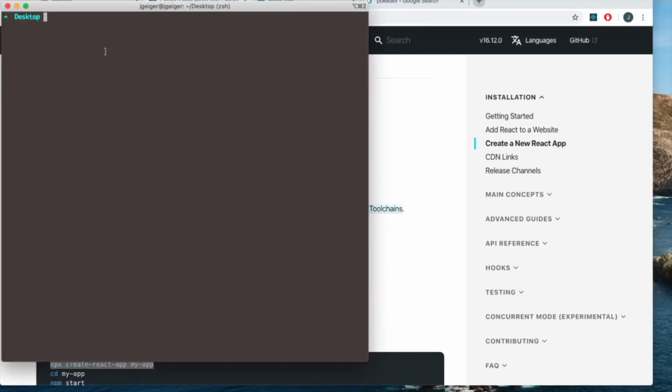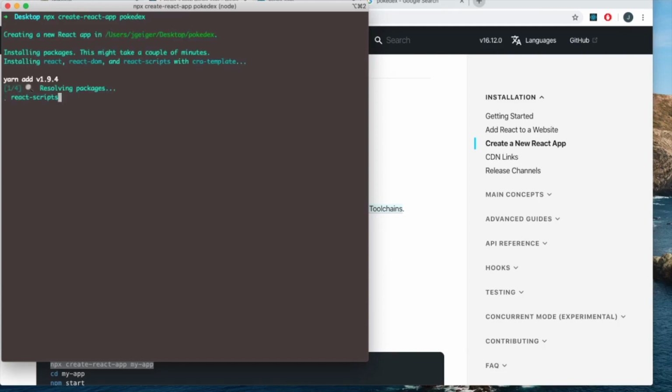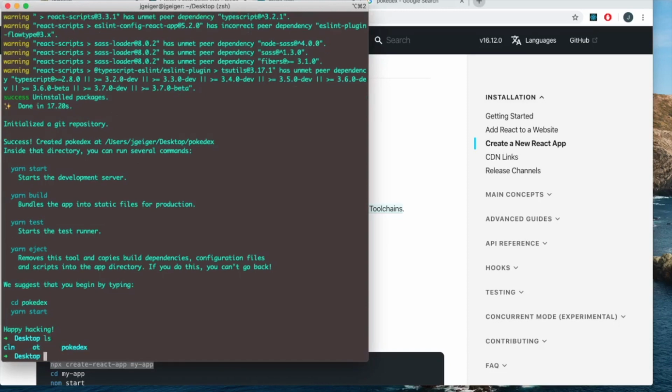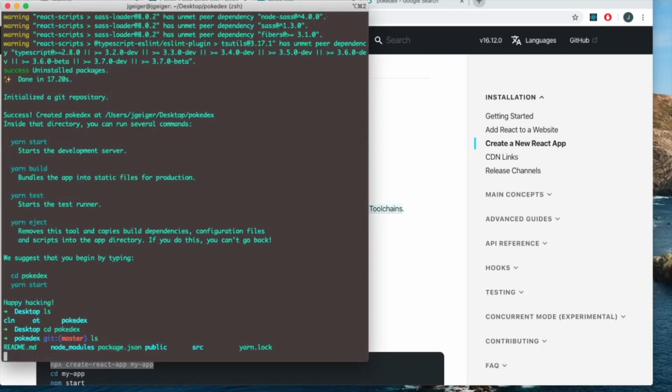Now I'm on my desktop here, and I'm going to run that command. Or instead of my app, I'm saying Pokedex. And that's just going to go through the installer, create the React app with all of its dependencies, and we are done. So if I just list off, I'll go into the Pokedex,